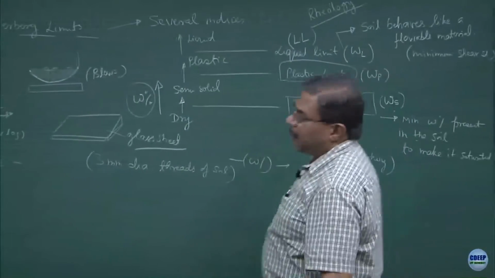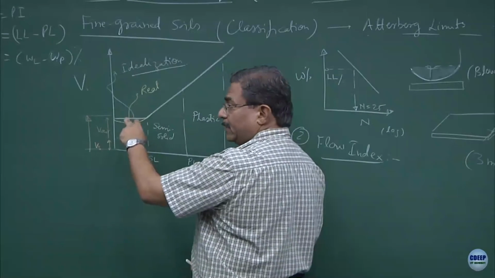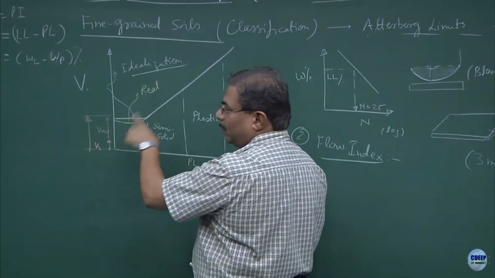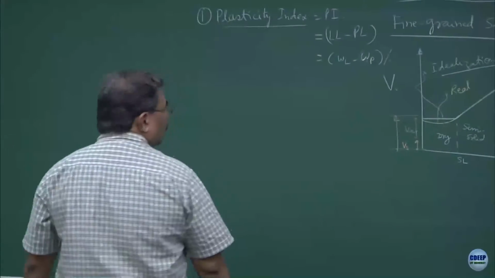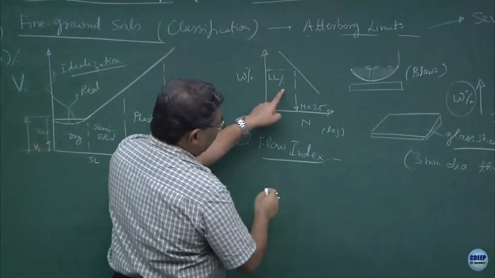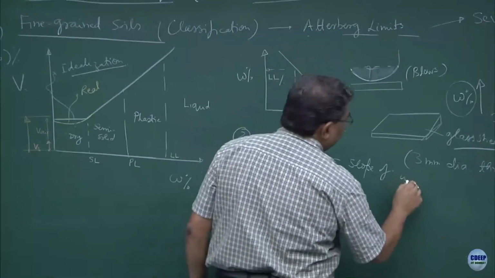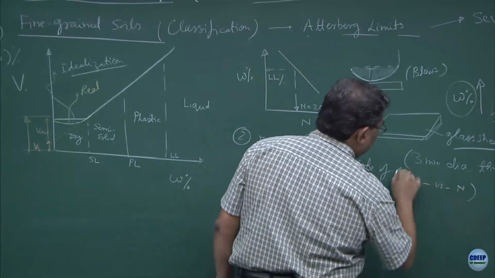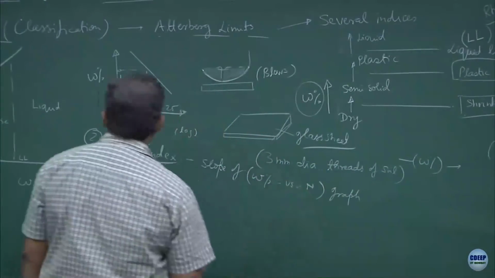Shrinkage limit is the one where the volume remains constant, there is no loss of moisture, the soil remains saturated fully, and no air enters into the pores. So these are the basic assumptions which we use for defining the whole thing, alright. So the slope of this line is known as flow index. And normally we define this as IF.